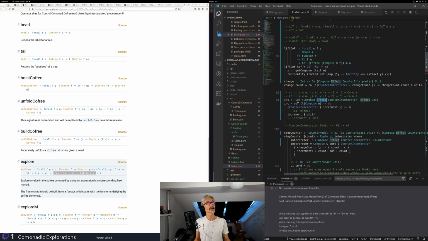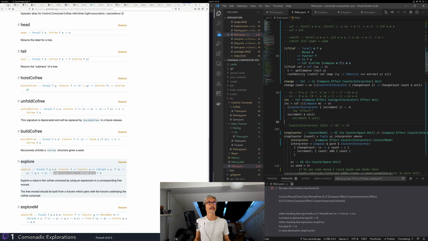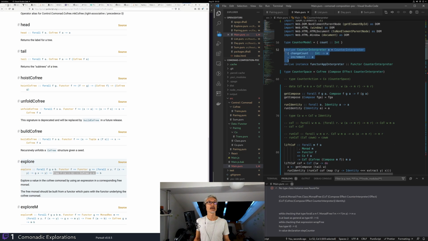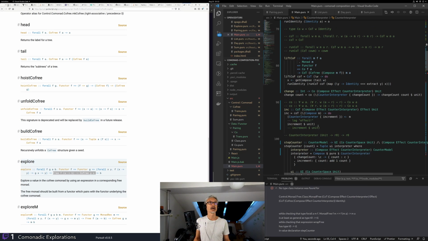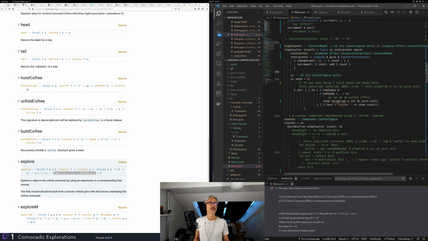So here we see that pattern already is a bit wonky to do that, right? So do we want to keep interpreters pure? And here also I think I'm overloading the word interpreter, because I've called my comonadic base functor for the CoFree comonad counter interpreter because it has an interpreter shape, but really it's only implemented here. And the fact that it's implemented here, to be honest, is also strange, because